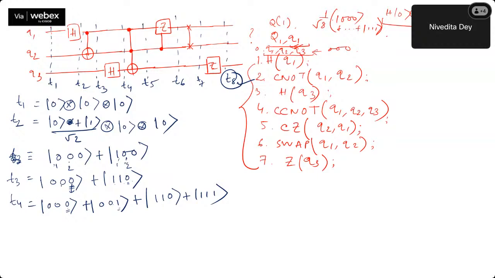If it would be on Q2, then it would be a completely different set of quantum states. Then we would have to expand this Q2's 0 and then again this Q2's 1. Both things we would have to expand as per the Hadamard gate on H0 and H1. But right now we fortunately got 0. That's why no negative sign came here. Okay. So now at T5 it will be what? Q2 is control, so Q1, Q2 control is there for the last 2 cases. So as it is, let me write first 2. Then it will be 111 plus